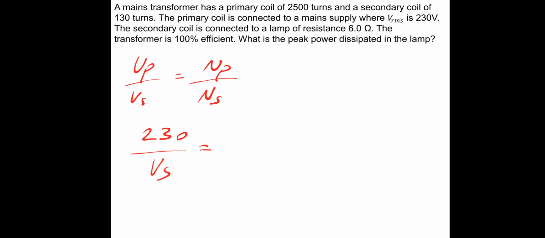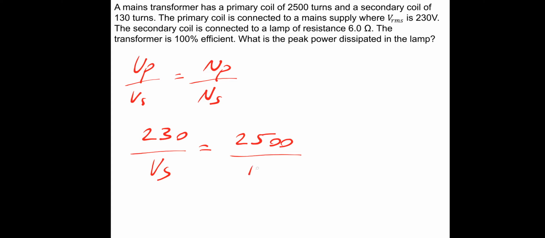So we've got resistance and we need the peak power. So with resistance, if we have voltage, then we can just use power is V squared over R. So I guess the thing that we need to do is find the secondary voltage, which we can do using the transformer equation. So the voltage primary divided by the voltage secondary is equal to the number of turns on the primary divided by the number of turns on the secondary. So we've got 230 on the primary coil divided by voltage secondary equals number of turns on primary divided by number of turns on secondary. So it's 2,500